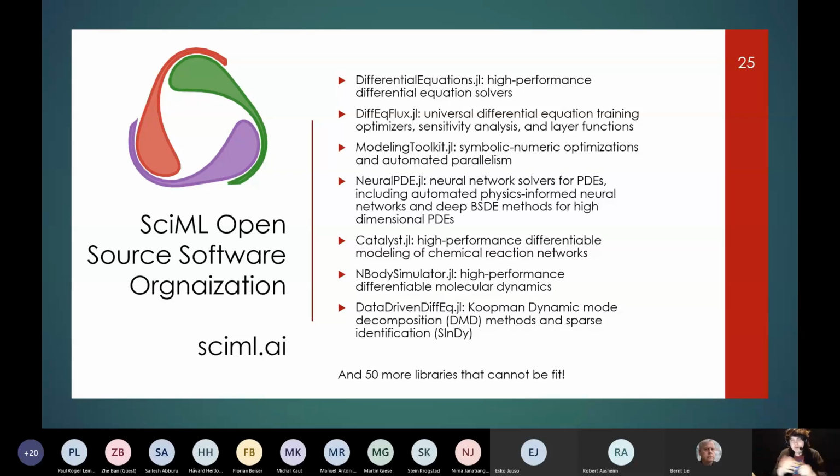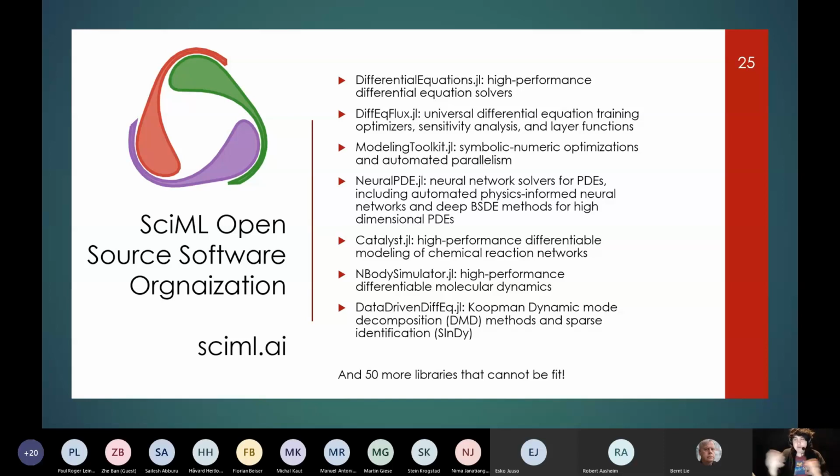I'm not going to define ModelingToolkit in full, but if you're interested in that, please ask questions because there's a lot that's coming out on that recently. It's kind of like an extended Modelica. We have NeuralPDE.jl, which is automated physics-informed neural networks and deep BSDE methods. So for high dimensional partial differential equations and for integro-differential equations, it's a library where you write down the symbolic form in ModelingToolkit and automatically get the solution for you. Catalyst is for chemical reaction networks and automated discovery of chemical reactions.